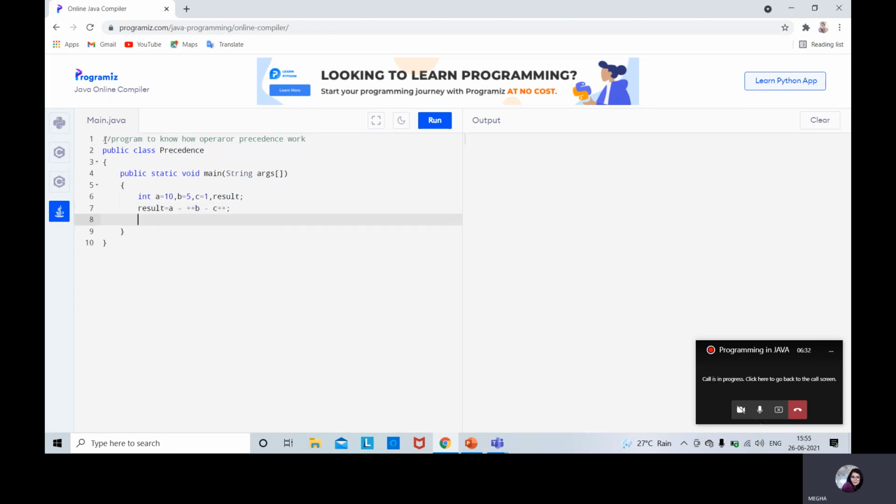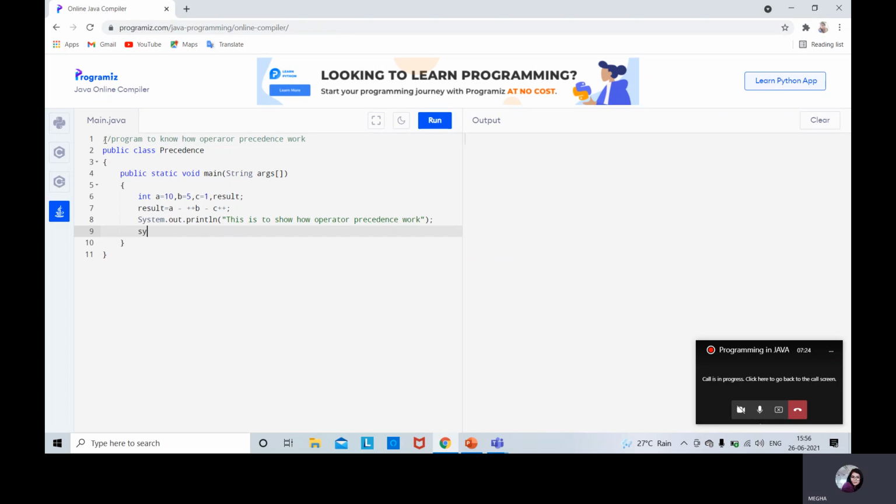Here let us use some interactive statements, that is System.out.println, just an interactive statement: this is to show how operators work. End it with the semicolon.